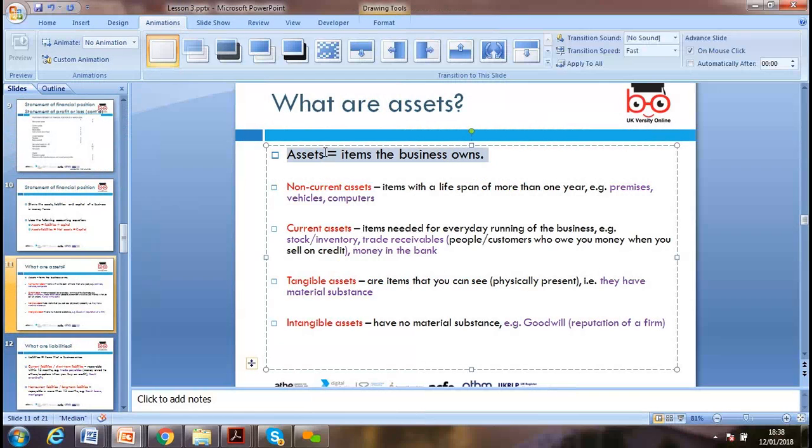Assets have two major categories. One is non-current asset, which we can use for more than 1 year. This is also known as a fixed asset, like premises, vehicle, and computer. Current asset, we discussed, is any asset which we can use within a year. We already discussed tangible and intangible. Tangible means which we can see, touch, and feel as a physical substance. Intangible we can't touch, normally goodwill,